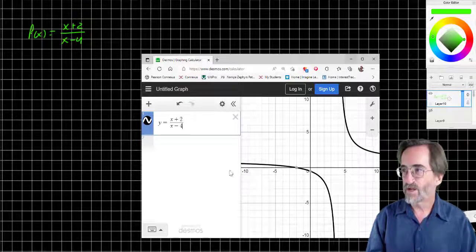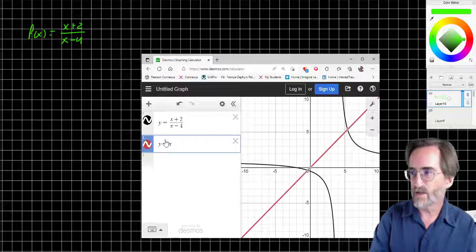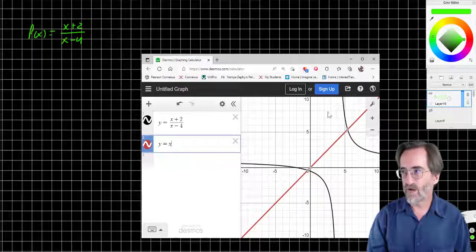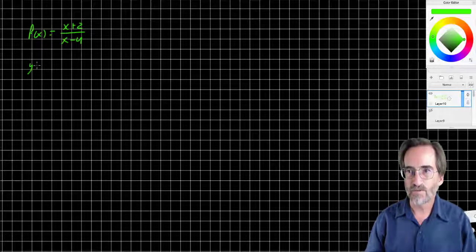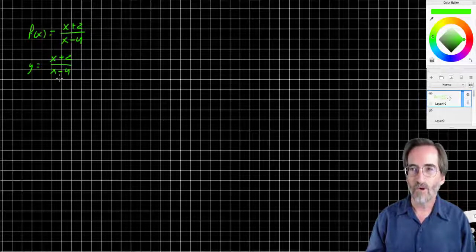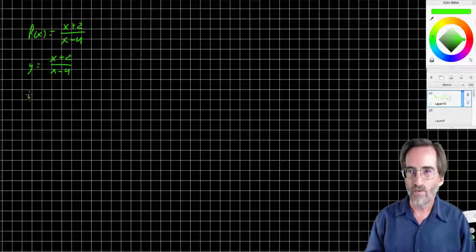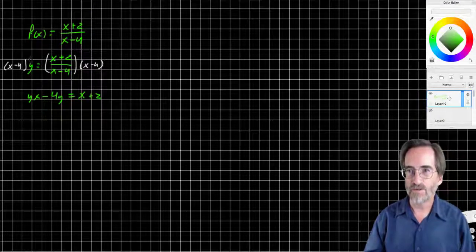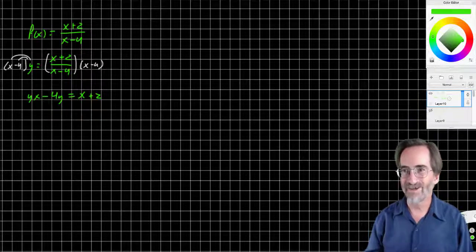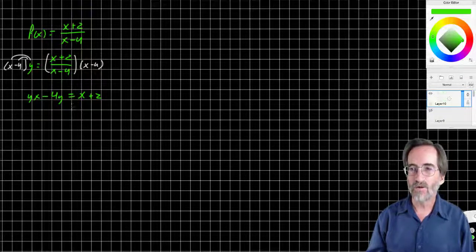All right, but we need to find an inverse function, a function that reflects over y equals x, right? And you can imagine that's going to be another hyperbola, but it's going to be shifted over to a different location. So here are the steps, and I'm just going to go through them fairly quickly. Feel free to stop this at any time to catch up. So we're going to start with y equals (x plus 2) over (x minus 4). I'm going to multiply both sides by x minus 4. So yx minus 4y equals x plus 2. I distributed yx and minus 4y. My 4's look too much like y's. All right, and now I'm going to get all the y's